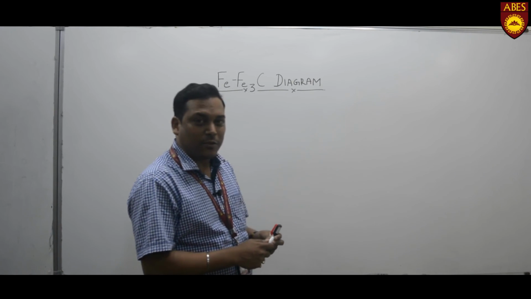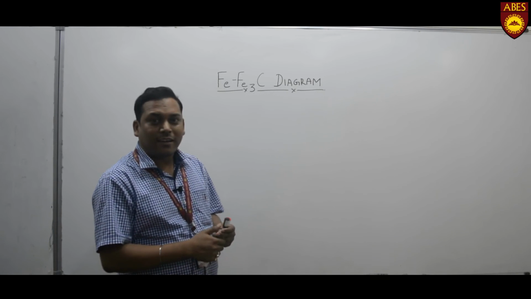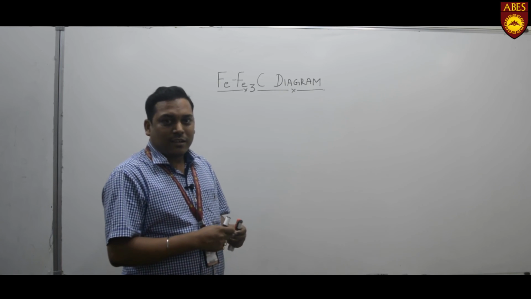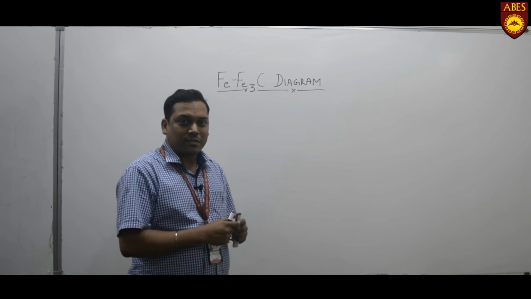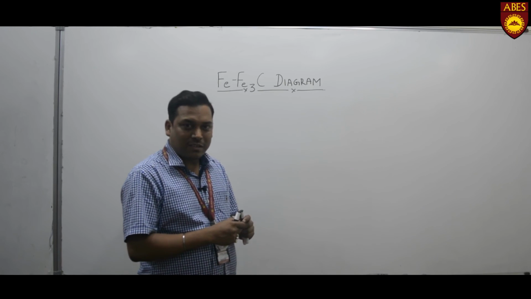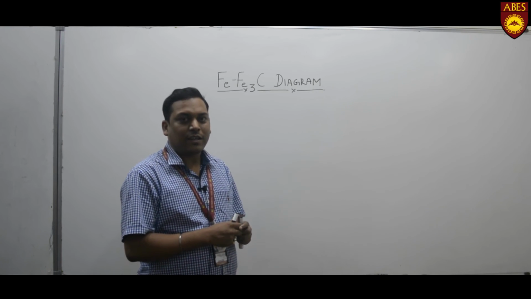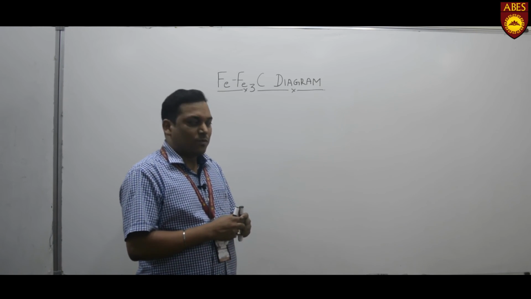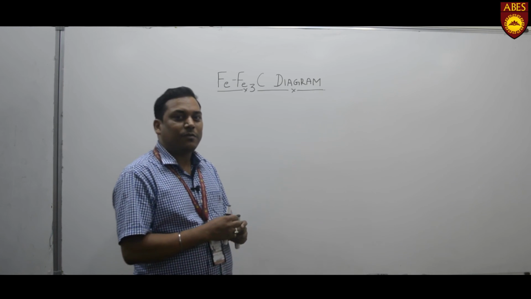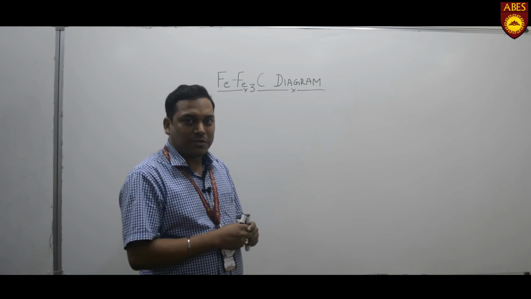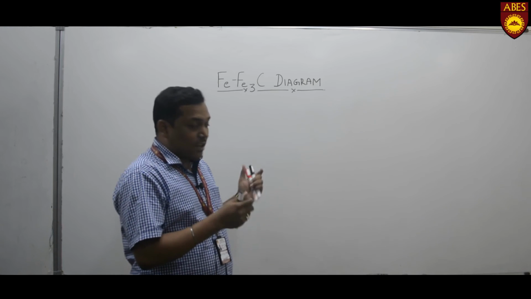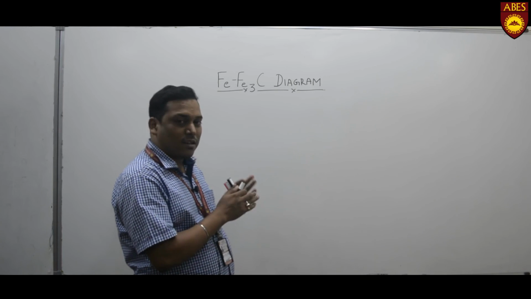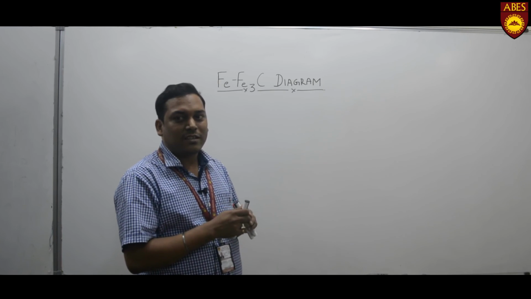Now I am presenting a topic of the iron and iron carbide diagram. Basically the main purpose of this diagram is to understand what transformations occur in the steel production industry, iron making, or any other kind of metallurgical laboratory. First of all we have to draw the iron carbon diagram, and then understand what phase transformations occur in this diagram, and also the main areas which are used for metallurgical solutions.